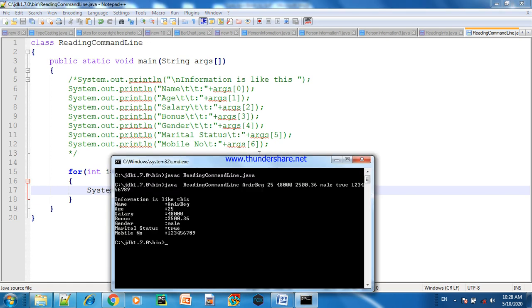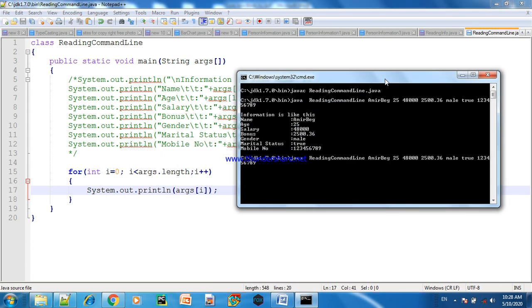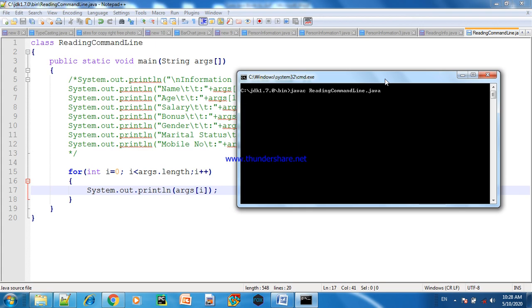We can look at it. First of all, we will compile, then we will run, and the information has been provided. All the information will be printed like this, but the message will not be printed along with it.